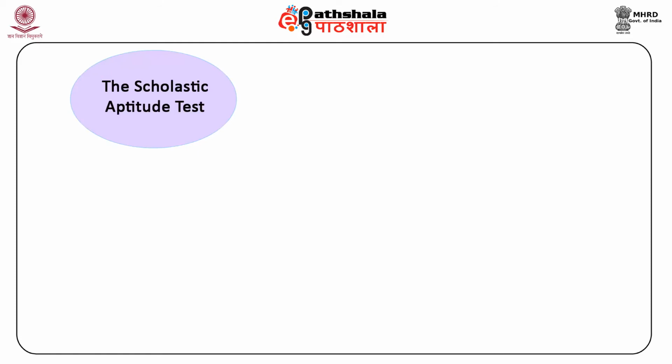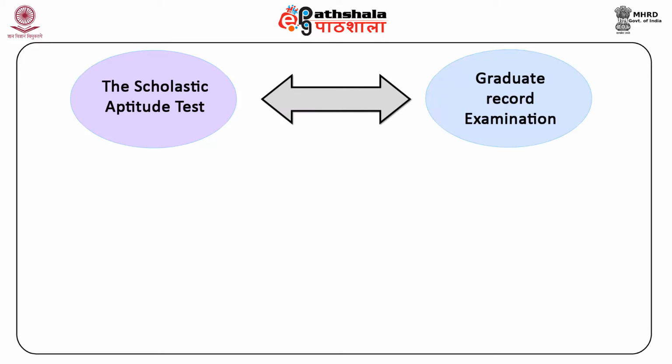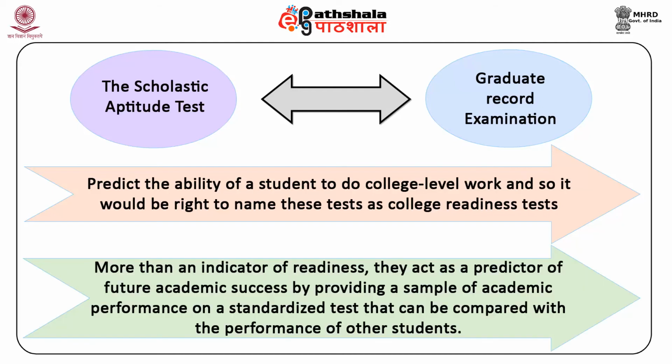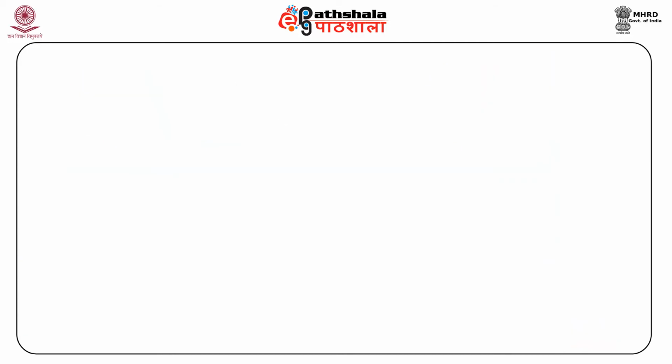The Scholastic Aptitude Test (SAT) and the Graduate Record Examination (GRE) predict the ability of a student to do college level work, and so it would be right to name these tests as college readiness tests. More than an indicator of readiness, they act as a predictor of future academic success by providing a sample of academic performance on a standardized test that can be compared with the performance of other students. Some of the popular aptitude tests are